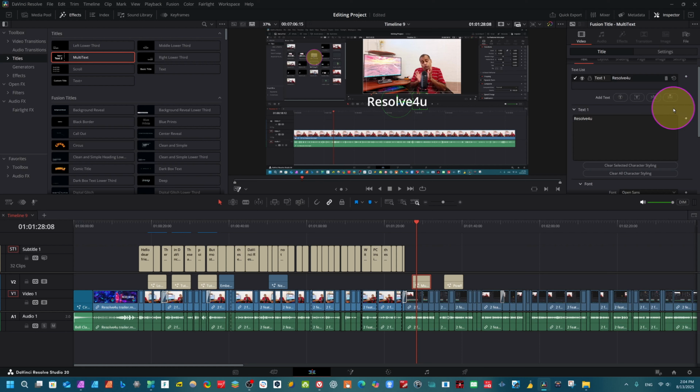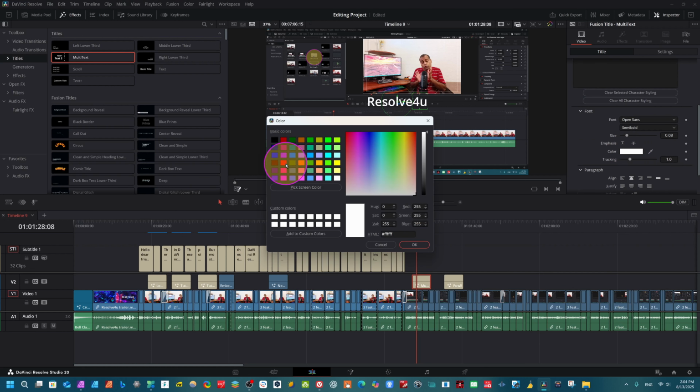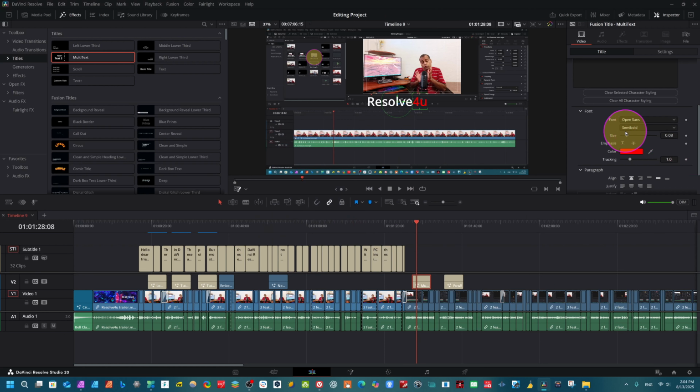We have selected here, and now come here to color. I want to add some red color here. Okay, you see we have red color, and we want to decrease the font size here. You see our color is bigger here, and now we can add a font. We want to use this font here. You see Old English Text MT. So you can see in a unique way we have customized only some portion of our letters.